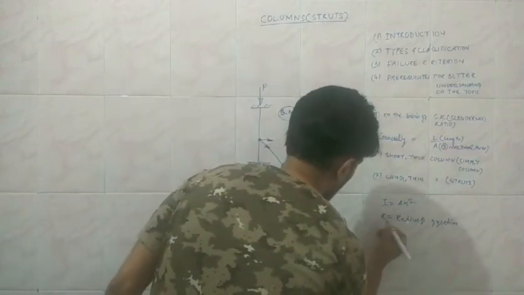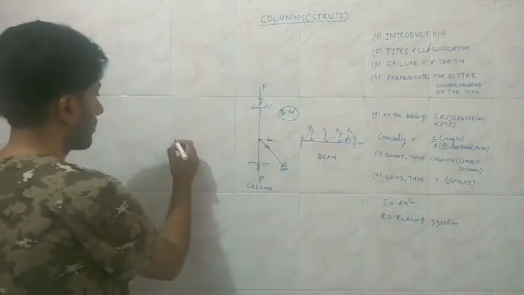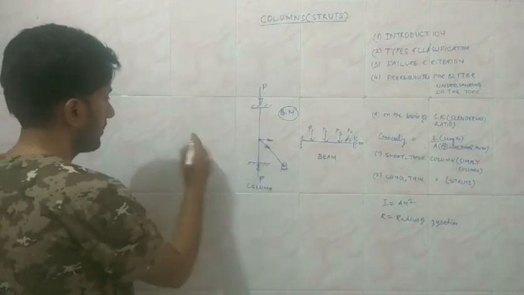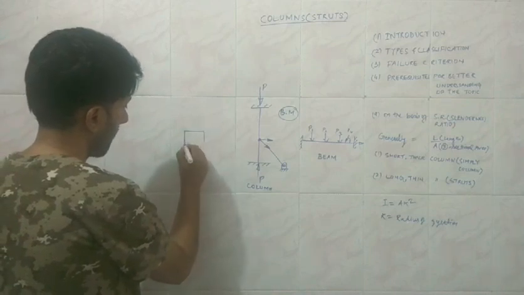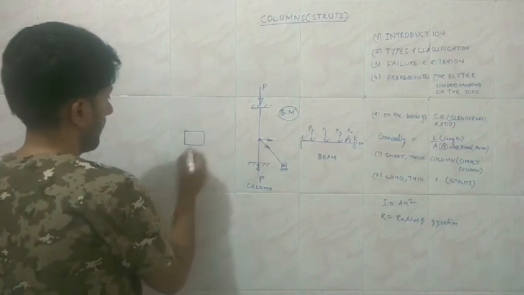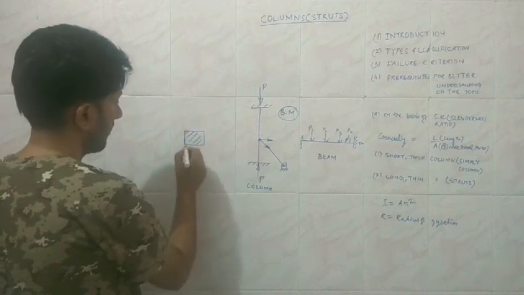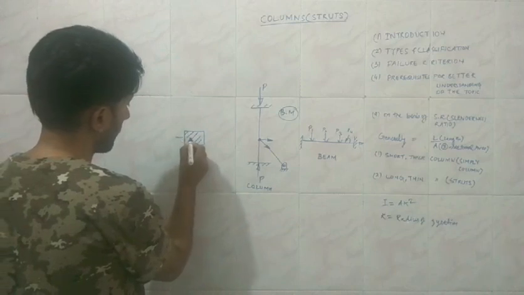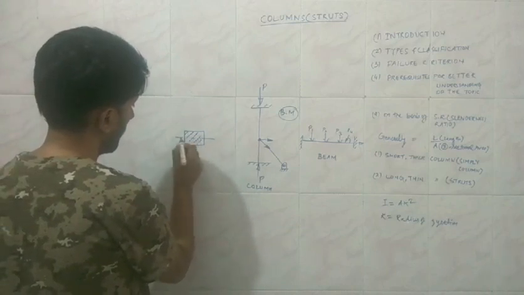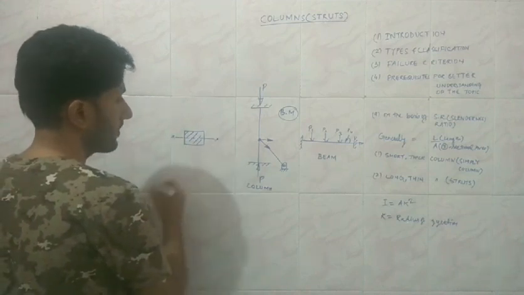So in order to understand the radius of gyration, we need to consider two situations. One is the actual situation. Say this beam's cross section is rectangular, and this is the cross section, and say it has the tendency of rotation about, say, this axis, and this axis is, say, the x axis.